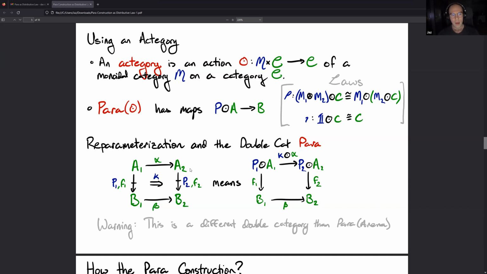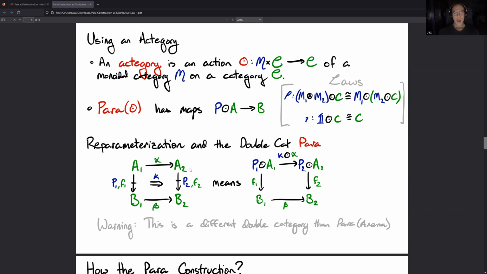So now here's the double category we get if we take into account reparameterization. So we're going to define this double category. Its horizontal category is going to be the original category. The vertical category is going to be para. And the two cells are going to be squares of this form. So if we have this horizontal alpha and beta, and we have this kappa, which is a reparameterization, a map from P1 to P2, then we can organize that into the square, and this square on the left in the double category means that square on the right commutes in our category C